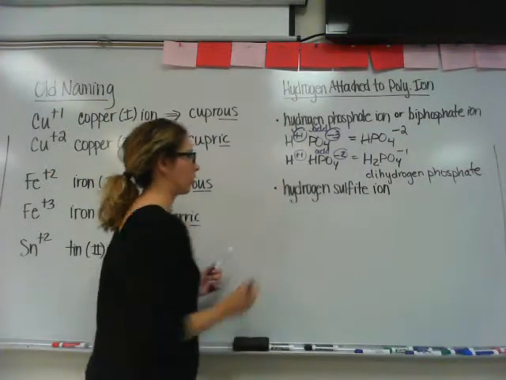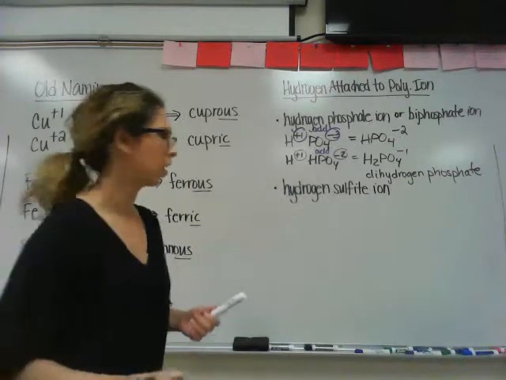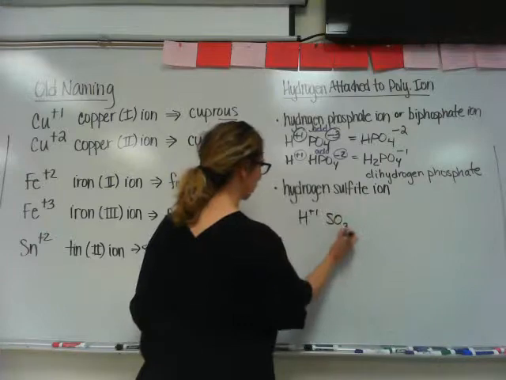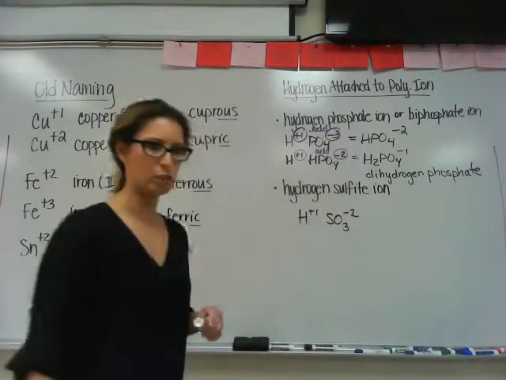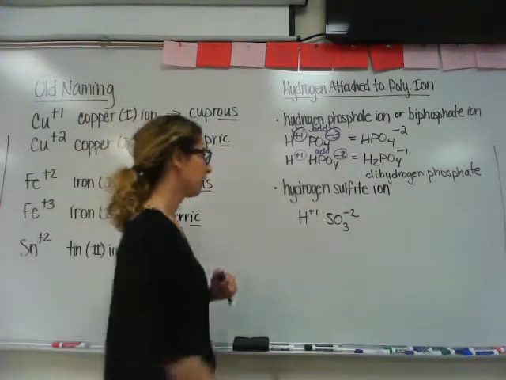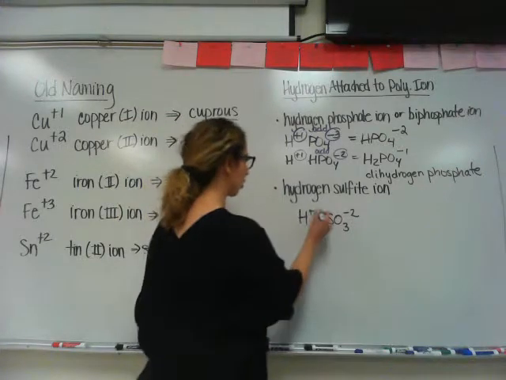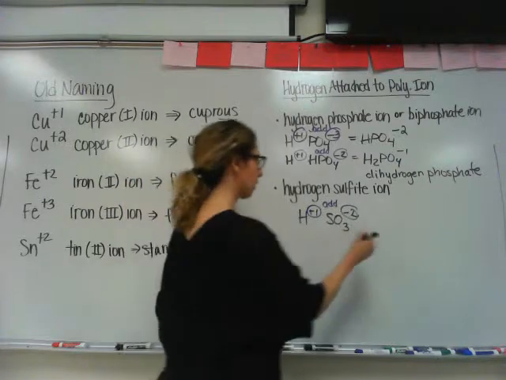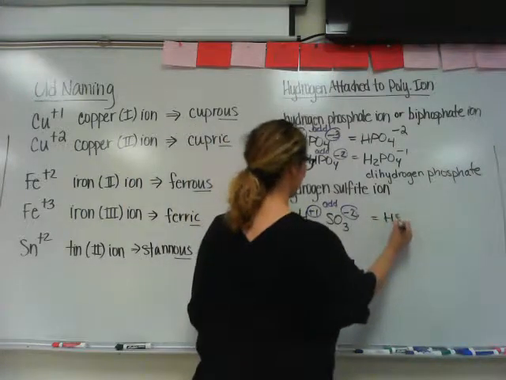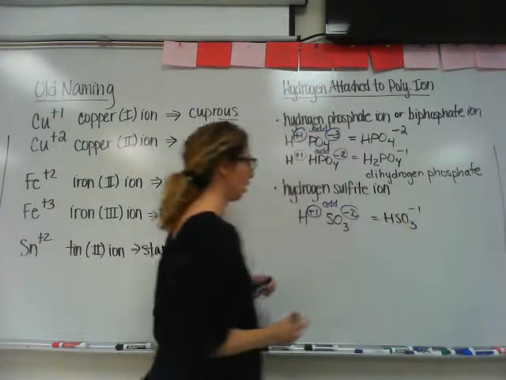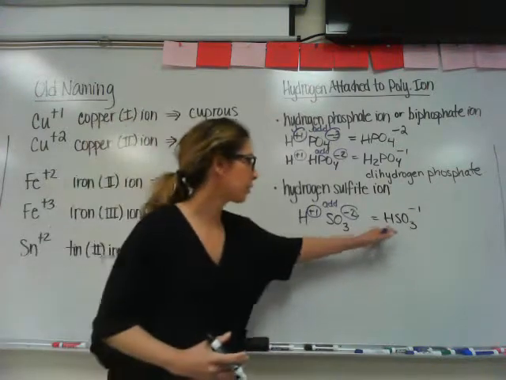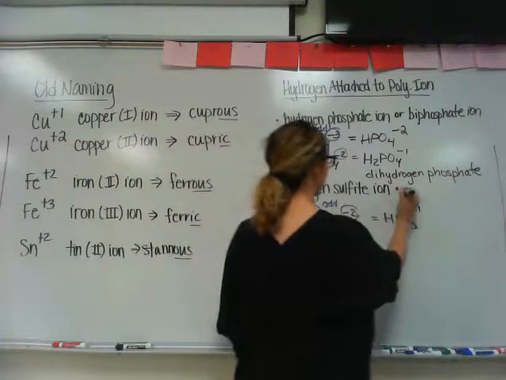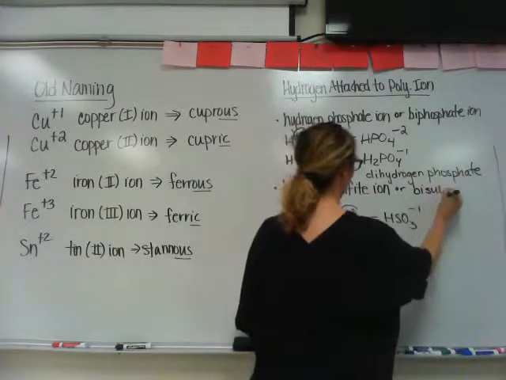All right, let's do one more example. Let's take a look at the hydrogen sulfite ion. This would be a hydrogen ion attached to the sulfite ion, which is SO3 -2. And you want to take the numbers and the charges, and you want to add them together. And that will give you HSO3 -1. You can have this be the hydrogen sulfite ion as its name, or you can call it the bisulfite